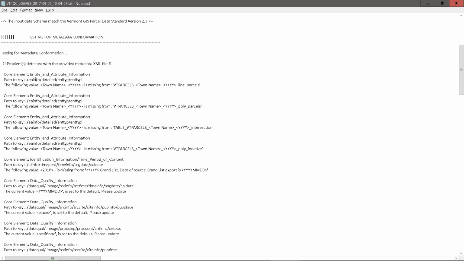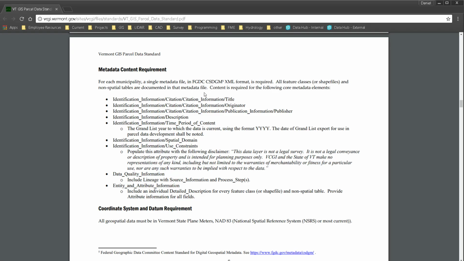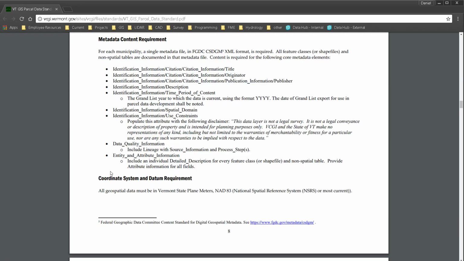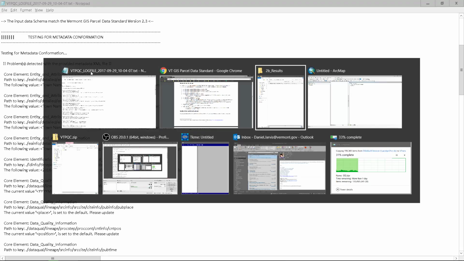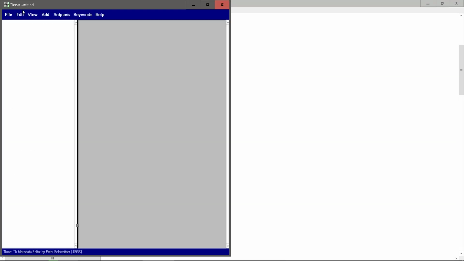And you can see in this first case, the core element is entity and attribute information. And to get to the actual entity, here's the path within the metadata file, within the XML. And this is telling you that you didn't change this default value. And so what I use, there are different ways to edit metadata. I use TKME, which you can find if you just Google USGS TKME. I use it because it's very simple. I'm going to open that metadata file,